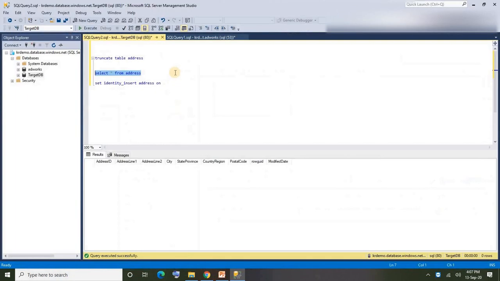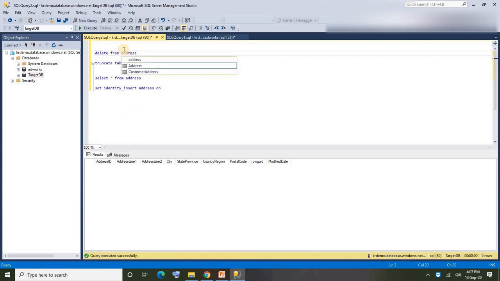Okay, so meanwhile, records from the table you can remove in two ways: delete from table name, and also we can do it with the truncate statement. But there is a slight difference between delete and truncate in terms of identity. There are many other differences, but I am not going into those as we are discussing identity. In terms of identity, what is the difference between delete and truncate? Let me speak about that.